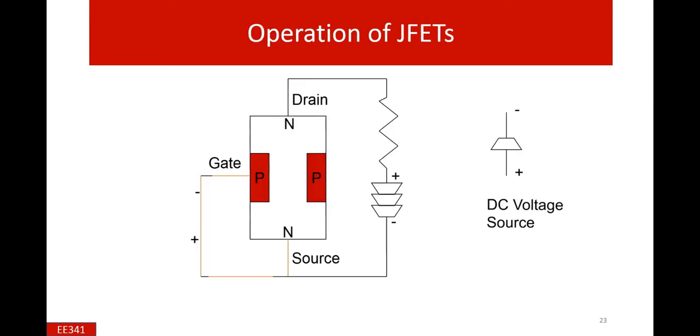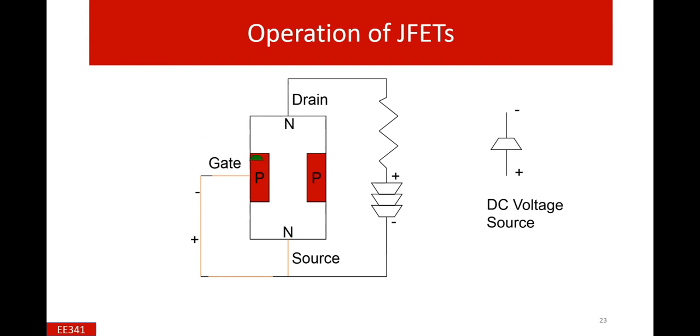This situation can be understood through this animation. For example, this is an n channel JFET, this is the drain, this is the source, and this is the gate. Here is a voltage between the source and gate. In this animation we are actually increasing the reverse voltage. Even if we keep this voltage at some constant or zero value, this will happen, and in the pinch-off situation we will find the pinch-off voltage also.